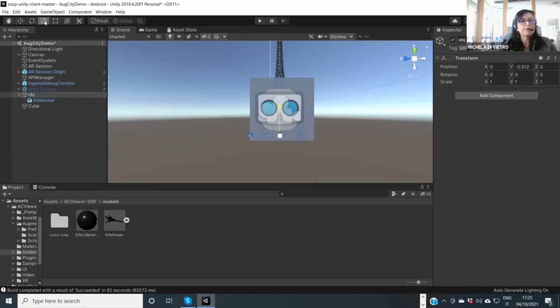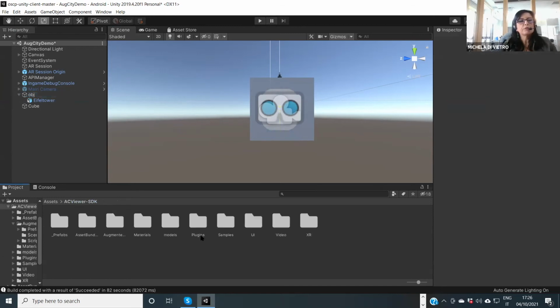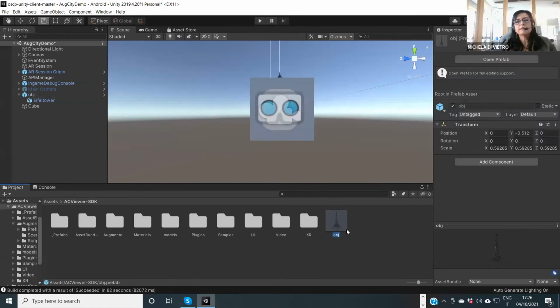Of course, I also have to resize it in order to ensure that my 3D content will be in a standard cube. And now it's enough, for example, to drag my content here in order to create a prefab.